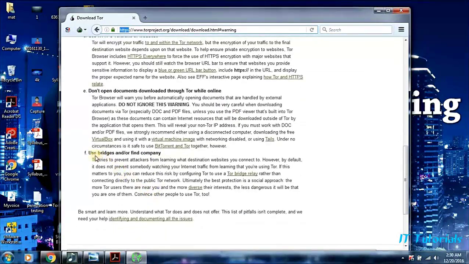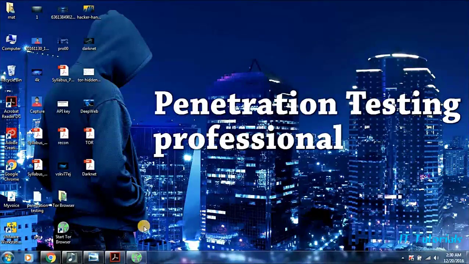And the last one is to use Tor bridges and Tor relay nodes. I will discuss it later in this module. So let's go to another section. Okay, so let's see how Tor has been